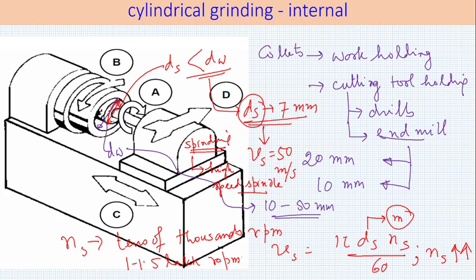However, there are machines which are called universal cylindrical grinding machines, where both the spindles exist, one for external cylindrical grinding, another one for internal cylindrical grinding. Typically internal cylindrical grinders are very costly. In IIT Kharagpur we do not have an internal cylindrical grinder. We have surface grinder, we have external cylindrical grinder, but internal cylindrical grinder we do not have. They are rather costly.